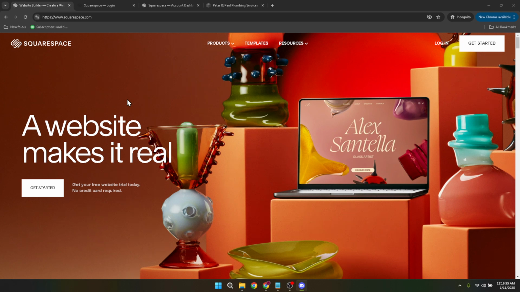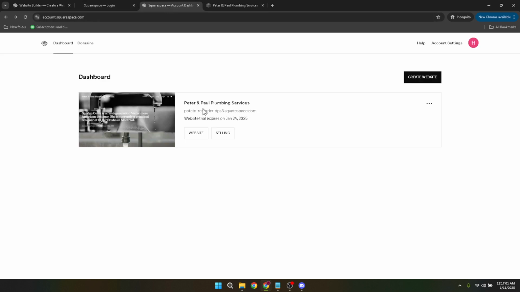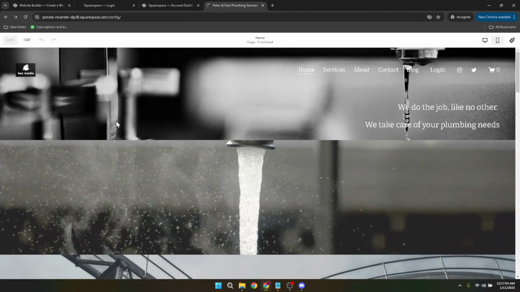Here you'll see a list of all your websites. Click on the one you want to work with today. Now that you've selected your site, you'll want to enter the editing mode. Look for the edit option, which is typically located in the control panel on the left side of your dashboard. Clicking on edit will bring up your site in a mode where you can easily make changes and add new elements.